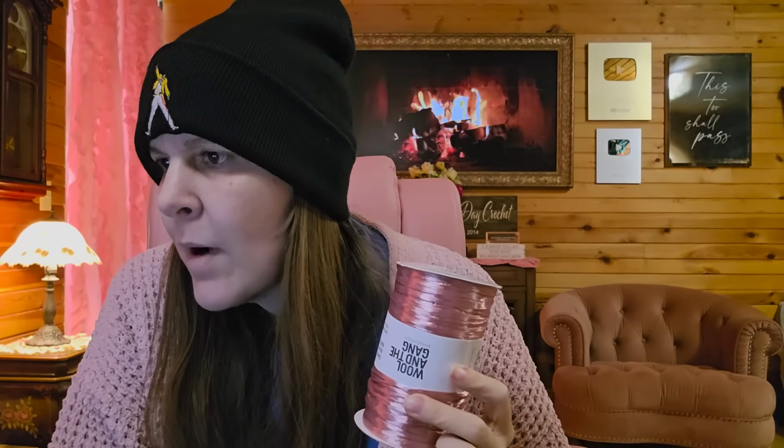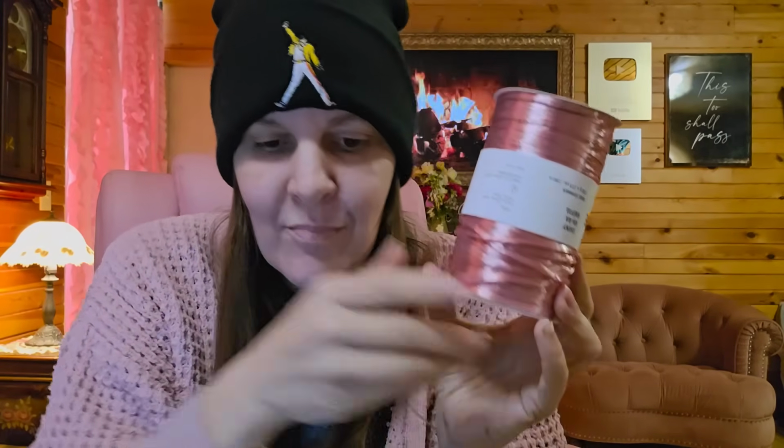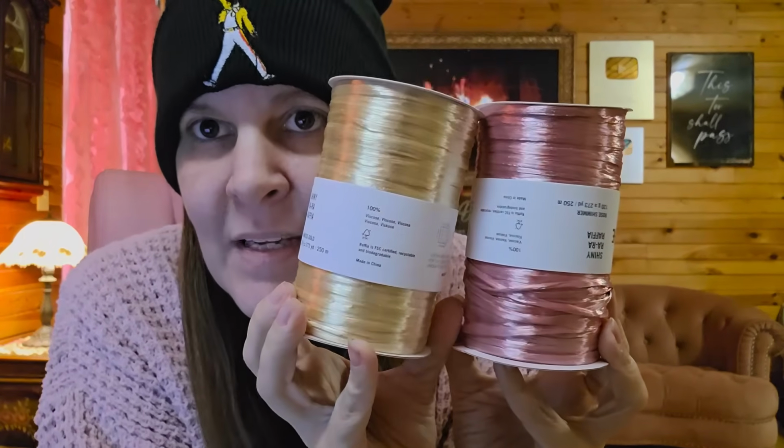I think that might be all the shiny ones. They have a couple other colors that are being discontinued, but they're not shiny. So of the shiny ones, they only had these three. I can't wait to try. I'm sure they're going to crochet the same, but man, what a pretty bagger hat that stuff's going to make. I have to make a hat out of this one. Anyways, maybe. I thought maybe one of these would go with these two other purse straps I got, but then